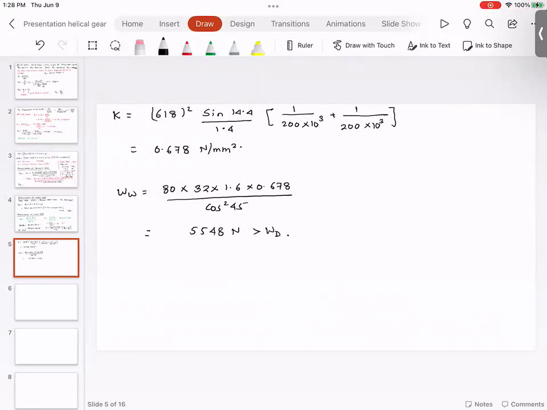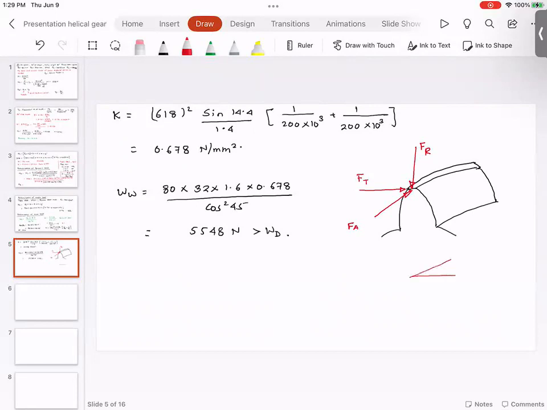And the next part of the gear design, since in this problem it's not asked, is shaft design. So to find the shaft, we need to look at the forces. I will do the shaft design in the next problem, but here I just want to give you an idea. So here you're going to have an axial force, a radial force, and a tangential force. And if you look at the three-dimensional loading,